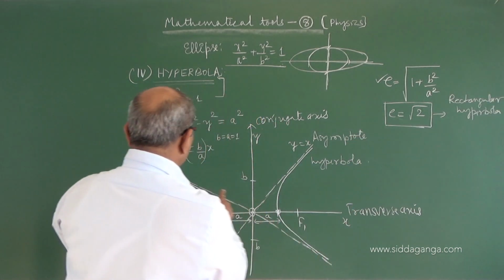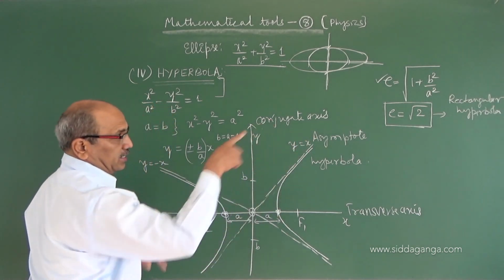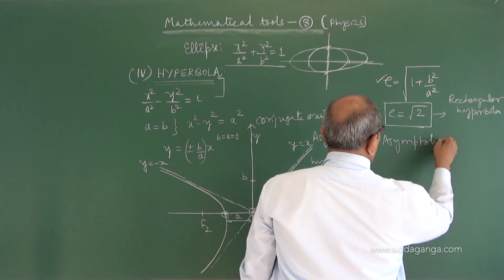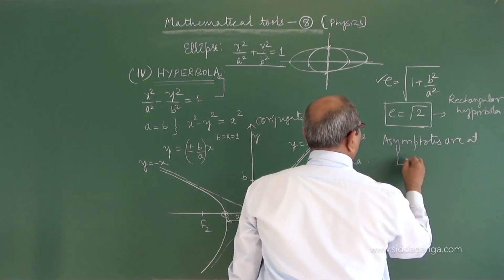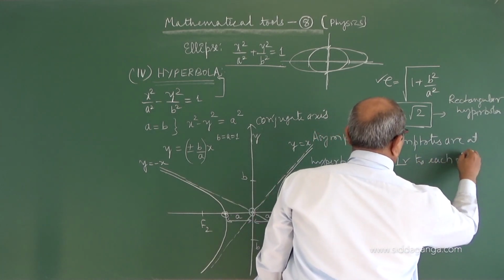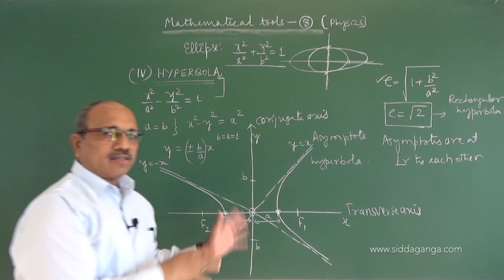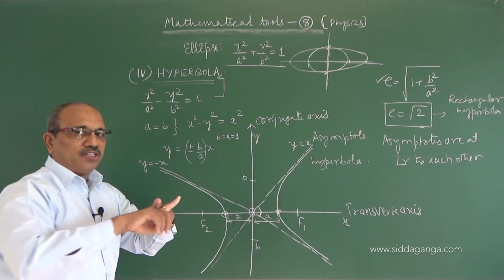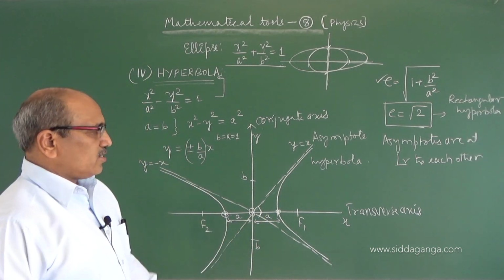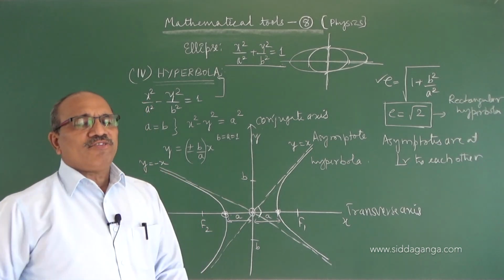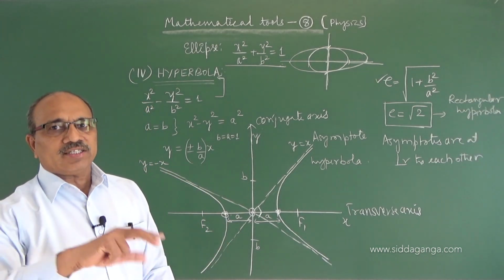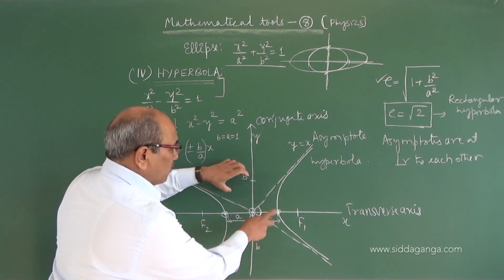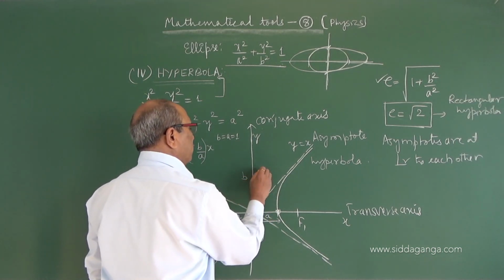And again asymptotes, what I am saying, these two asymptotes in that case are at 90 degrees, perpendicular to each other. That is the condition to get this rectangular hyperbola, that is why we say rectangular, that is 90 degrees, they are perpendicular to each other. So with this condition, our necessary curves, often we see in physics and say that this quantity is varying like this. What I have to do is just turn this by 45 degrees. Asymptotes turn by 45 degrees.